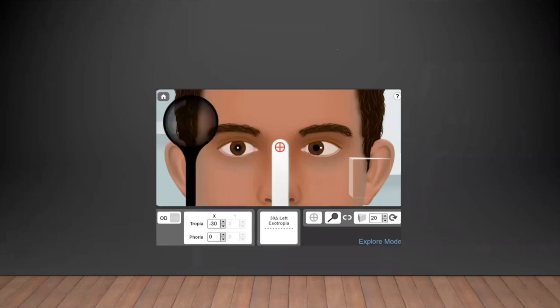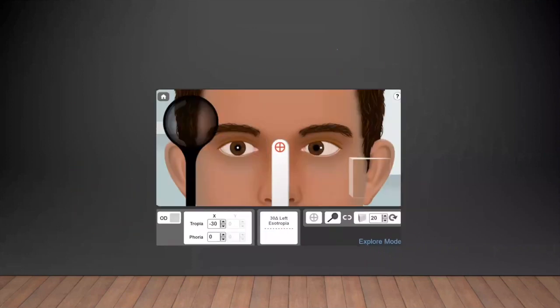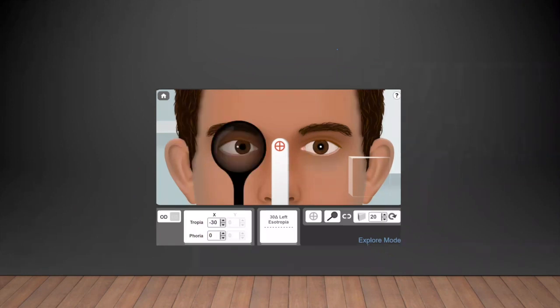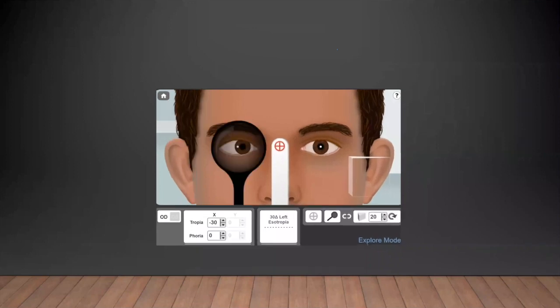Second, so first you are seeing that there is a true squint. What is the type of squint? It is an esotropia, moving from in to out. Third, is it an intermittent squint or a constant squint? It is all the time. So this is a constant squint, always going back. So this is a constant squint.